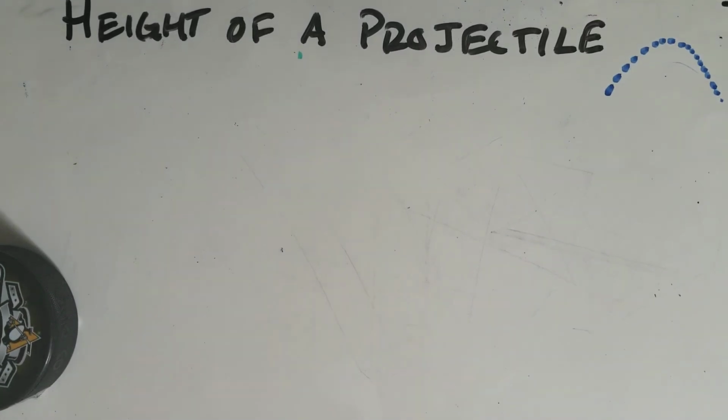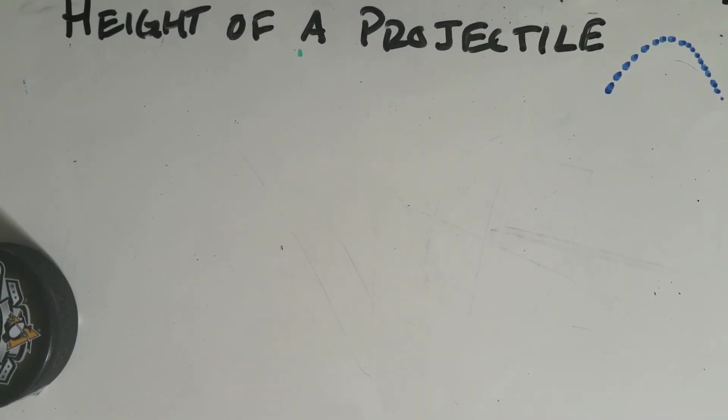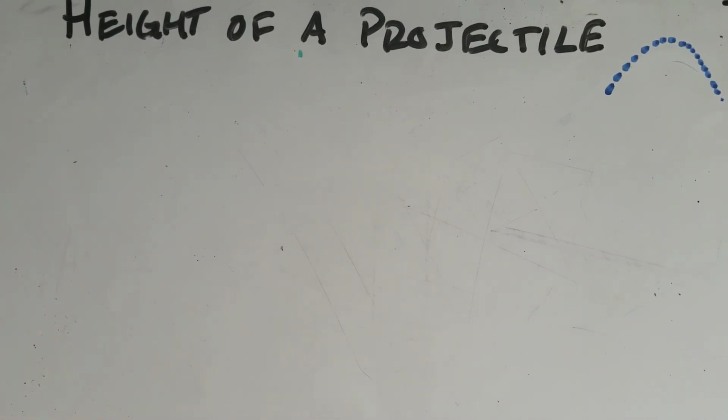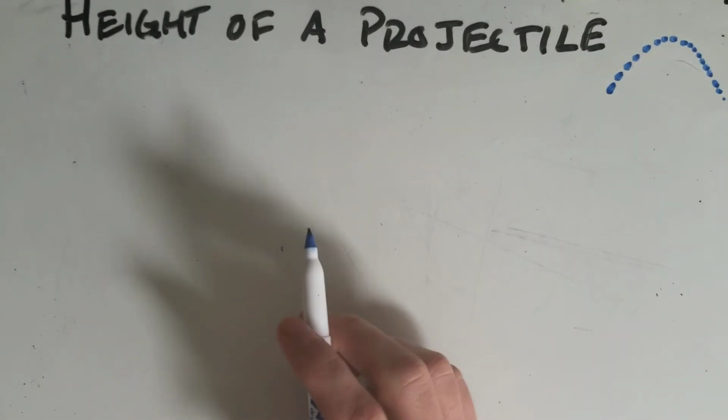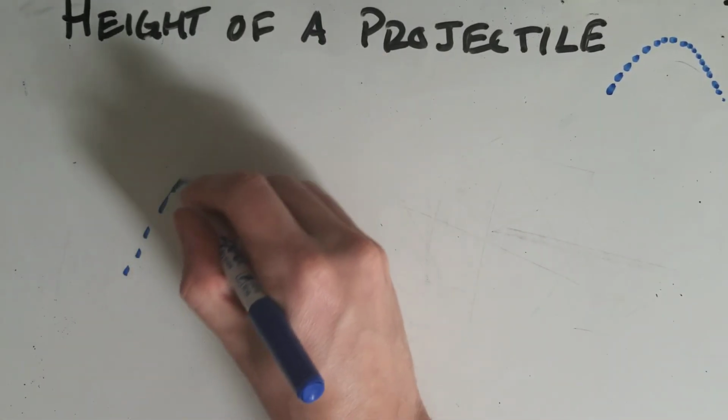Hey guys, today we're going to talk about an equation for the height of a projectile. First we're going to talk about what a projectile is, and then we'll talk about a fun little formula we can use to calculate different heights of projectiles. So a projectile is like an object in free fall, like maybe it's been thrown up in the air, and